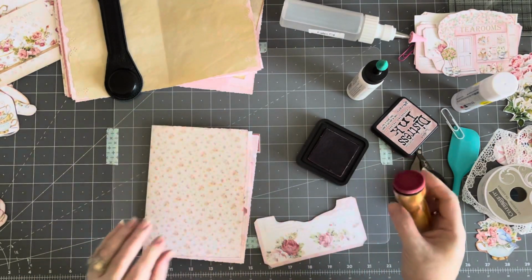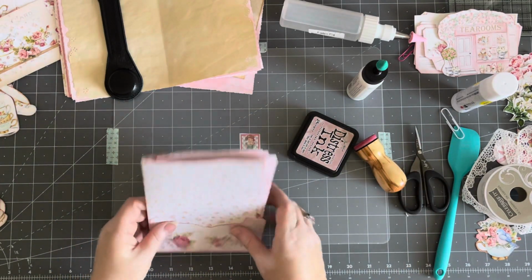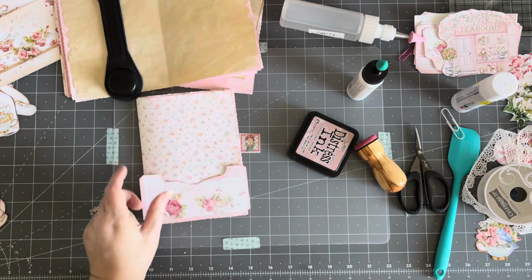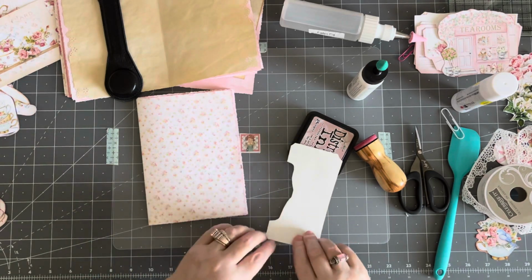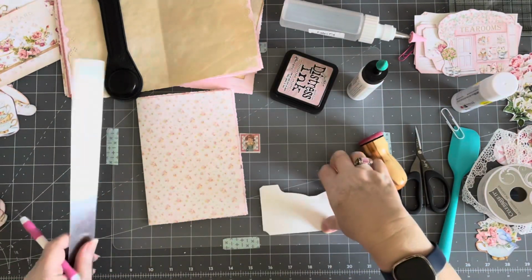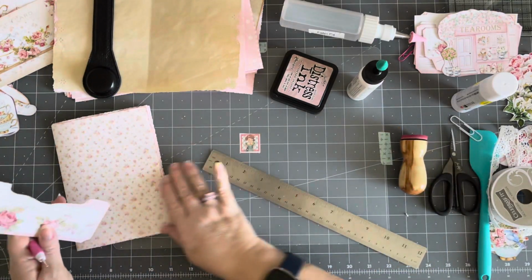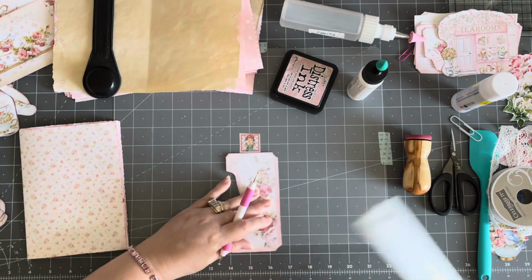That took me a little bit of time, you know, then start finding things that would look good with it. Now, as you can see, this pocket is way too big, but the other ones that I printed in the next size down were too small. So I decided I think the bottom part's okay, but what I'm going to do is